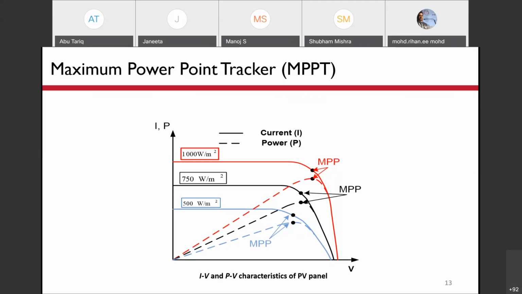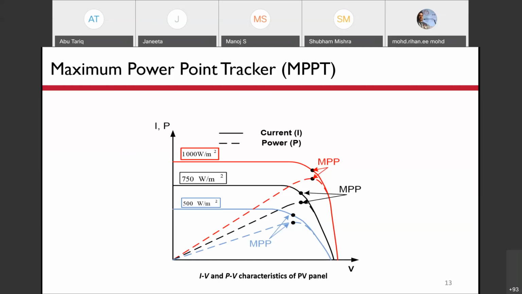For example, if series connected modules are there and we track the maximum power point of that array, the current of all the modules connected in series will be identical, although the different modules of the series string may have different maximum power point currents. It means that one module will be working at the maximum power point, but the other will not be. So there is a loss of power, a loss of energy, due to this.